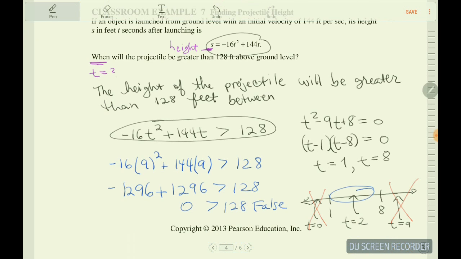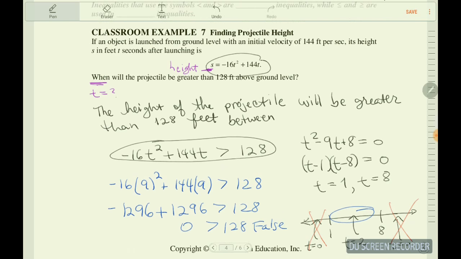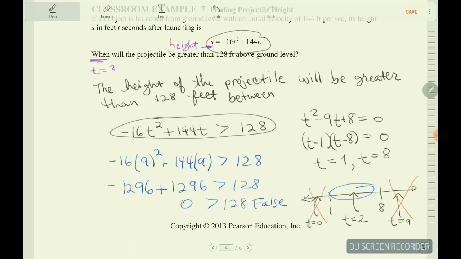Yeah, seconds. T is in seconds. So between 1 and 8 seconds. Or, you know, to be more exact, you should probably say more than 1 second